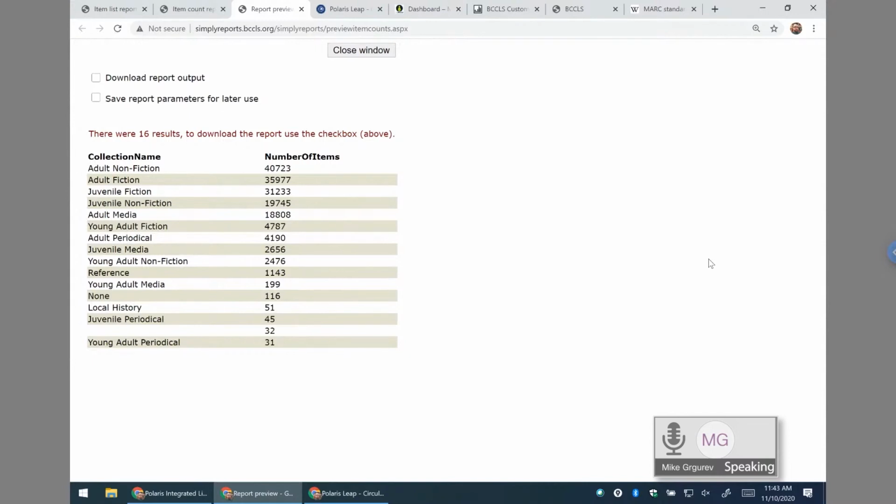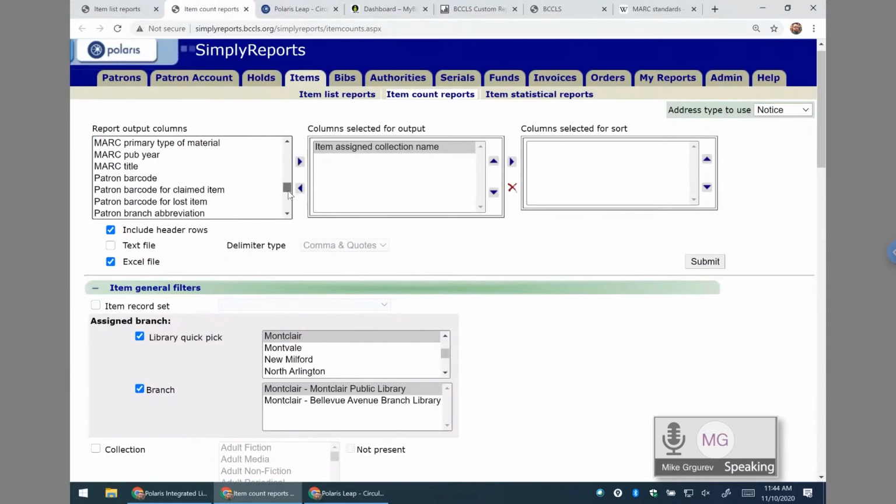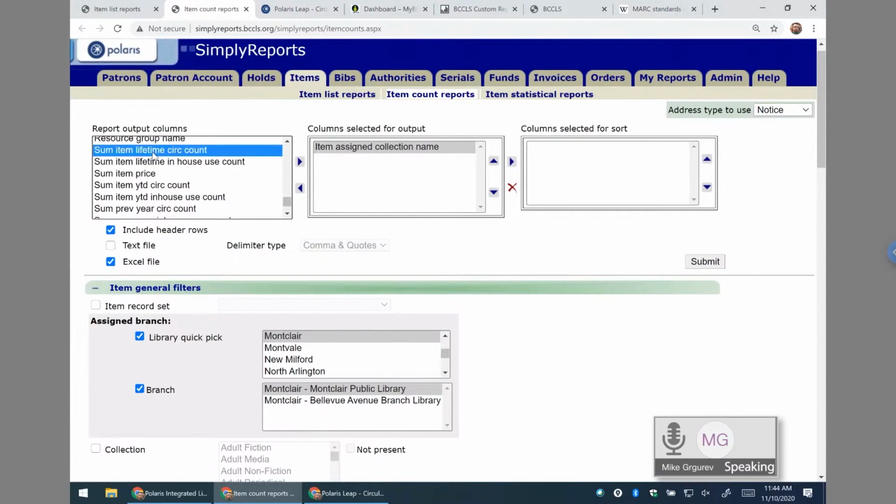Here, just a quick example, we have some items that are a collection of none or a collection of null. They're probably older items. But by default, it'll always show you the number of items in that group. It groups everything together, so you'll always know for a given criteria what's the size of that unit that you've grouped together. But what we want to do is scroll down towards the bottom. We'll have some nifty things like sum, item lifetime cert count, year-to-date cert count, and so forth. So let's go to year-to-date cert count,